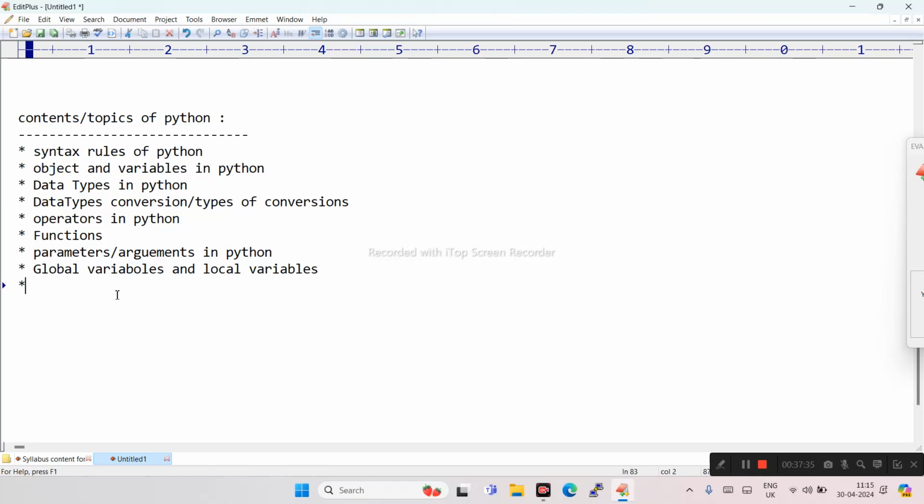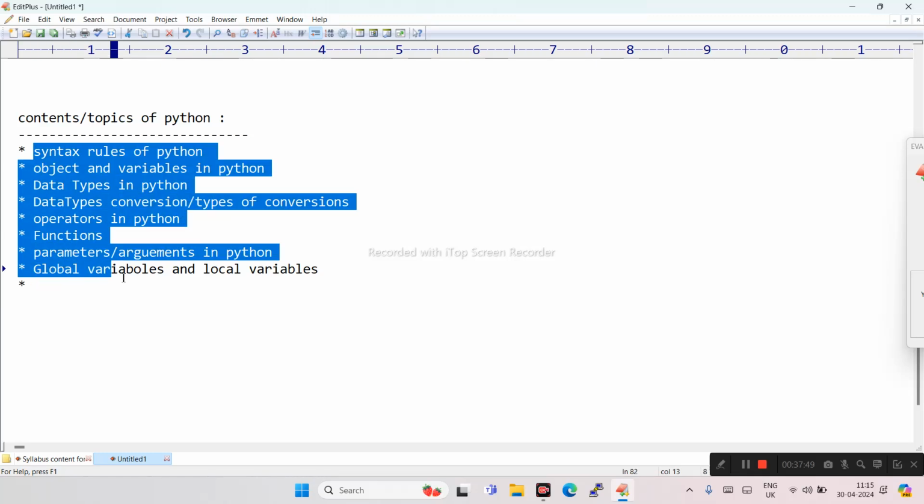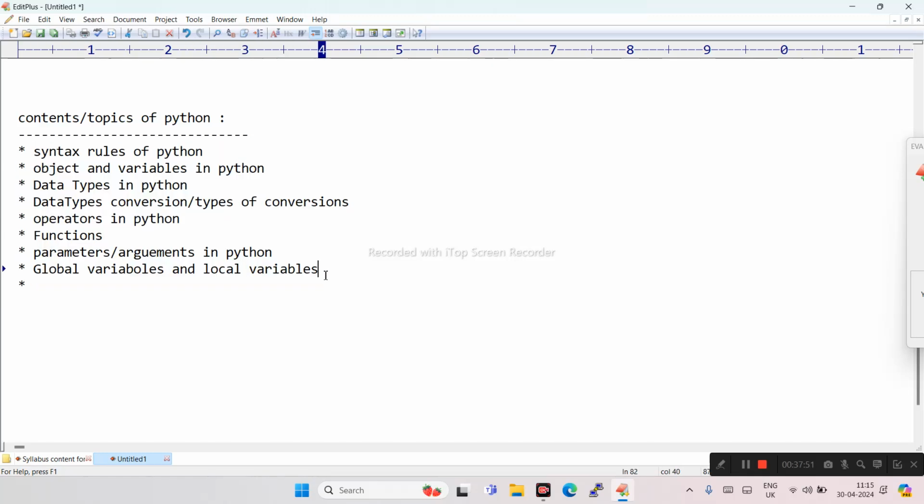Then the next topic is input and output. Up to these contents comes under core Python.